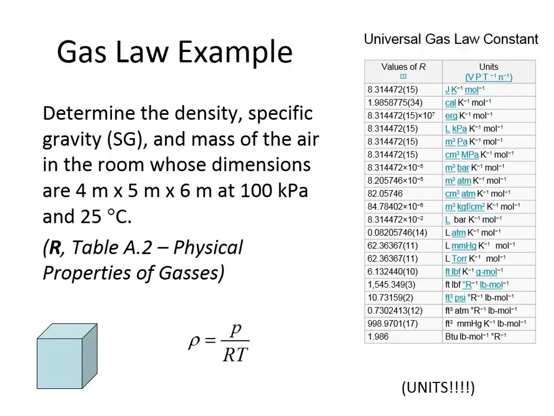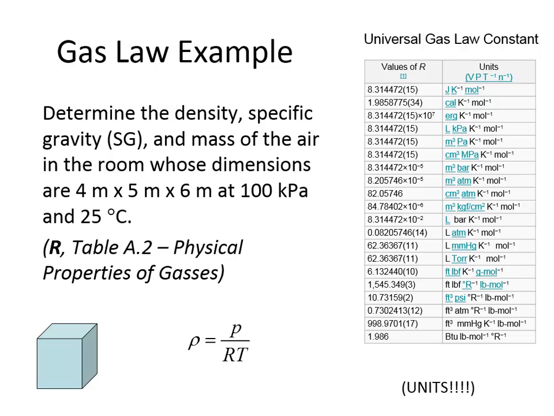If you look up the universal gas law constant, it's available in so many different units. And in every single example I work through this whole semester, I'm always going to include the units as I do the calculations. I'm going to do that to try and set an example for you to do the same thing. When you're working on your homework, don't just write the numbers. Write the numbers and the units that go with them. Because if you forget to include the units, inevitably you may end up using the wrong constant